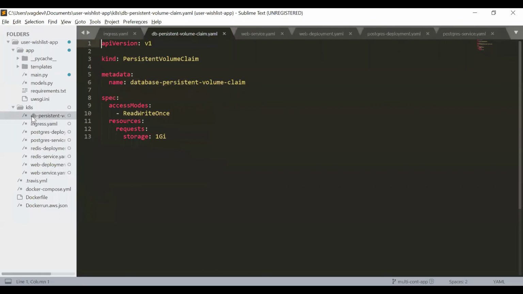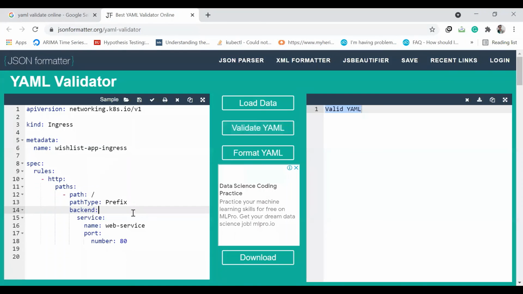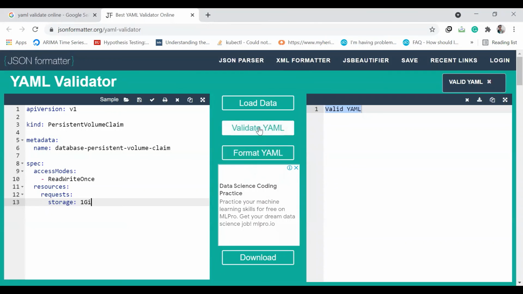Now finally, the database persistent volume claim. I'm copying this and switching to this interface. It's valid, right? So it seems to be valid everywhere.